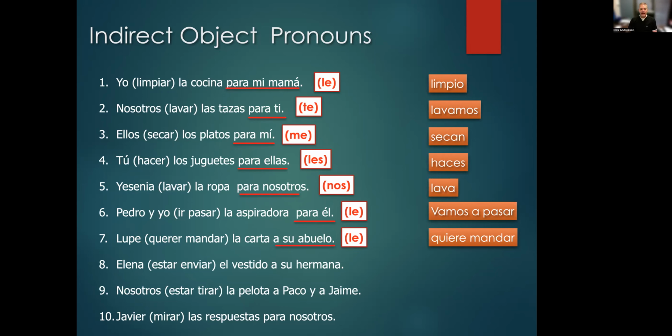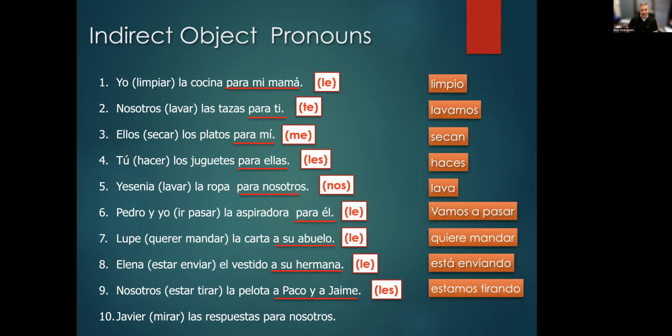Número 8, Elena está enviando, 2 verbs, right? El vestido a su hermana is the indirect object and becomes le. Número 9, nosotros. Y número 10, Javier mira las respuestas, para nosotros, indirect object becomes nos. Okay, so some examples, identifying what the indirect object is and then replacing it with the appropriate indirect object pronoun